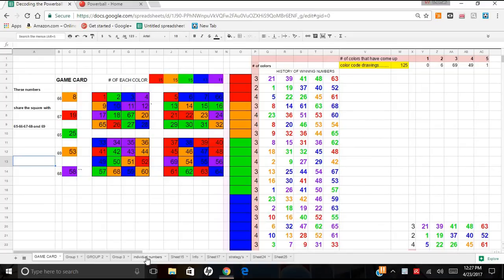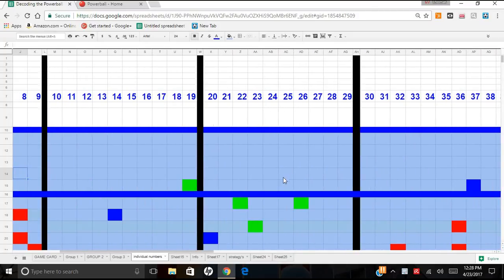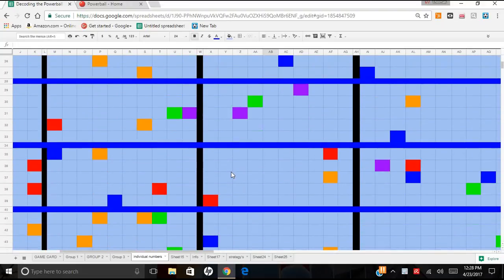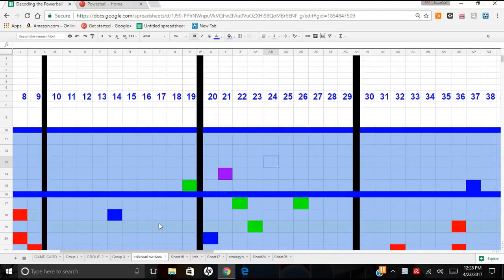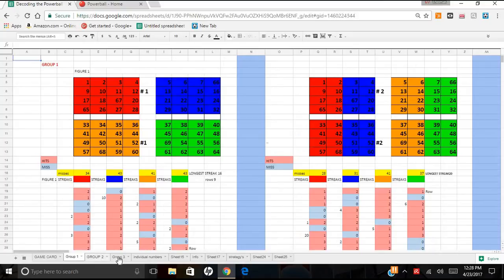One more thing I want to show you: the individual numbers. Right here you can see the winning numbers again, 21, 39, 41, 48, 63. I want you to see how this 21 is purple. So I'm going to find the 21 in the individual numbers here. Here it is, and I'm going to color this purple, because that's what color it was this time. Now I can go through and see the history of things. Basically, the game card works with all of those. The game card is the centerpiece of group 1, group 2, group 3,